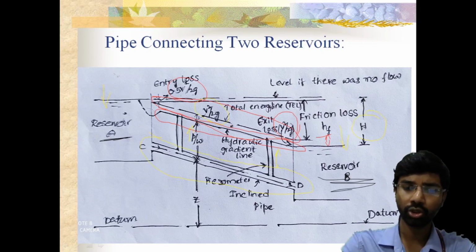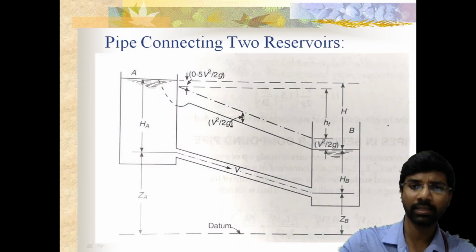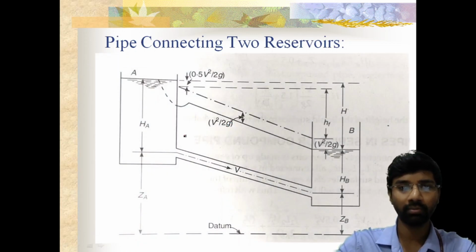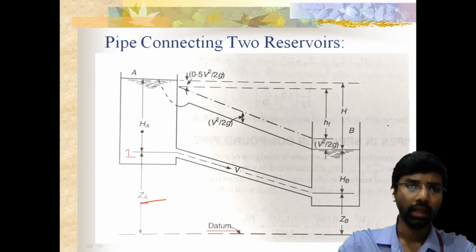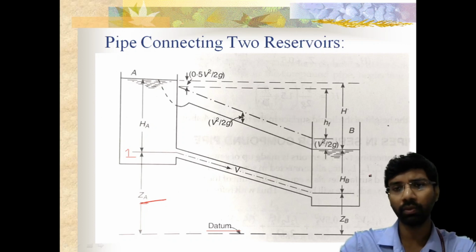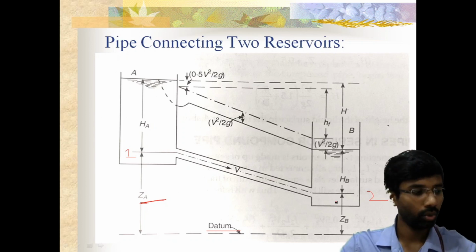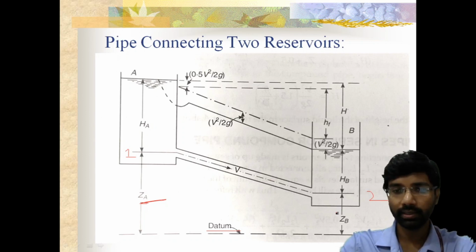Right, our intention is to identify the average velocity of the flow. So let us consider the same figure, but I have not given the piezometers here. This is the figure from the textbook. Let us consider a datum first, and let za be the height of this point 1 from the datum. Ha be the head of the liquid, or height of the liquid above this point 1. hb be the height of the liquid above this point 2. And zb be the height from the datum to point 2.